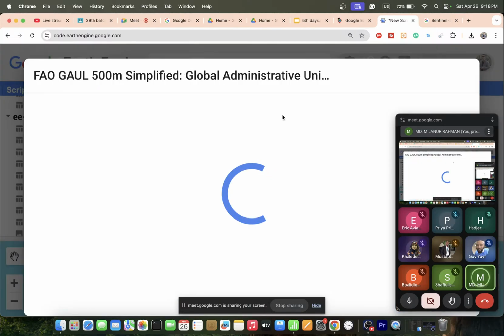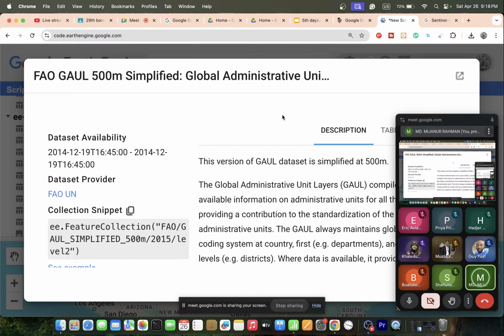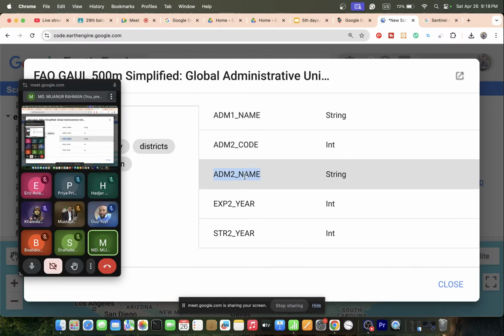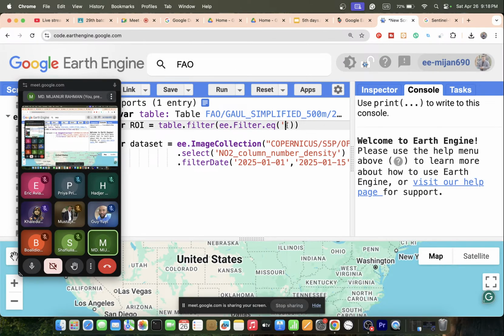So I choose the administrative level 2. If you check the table schema, you can see administrative level 2. Okay, just copy